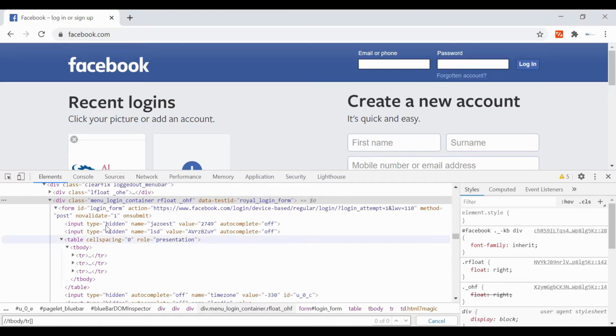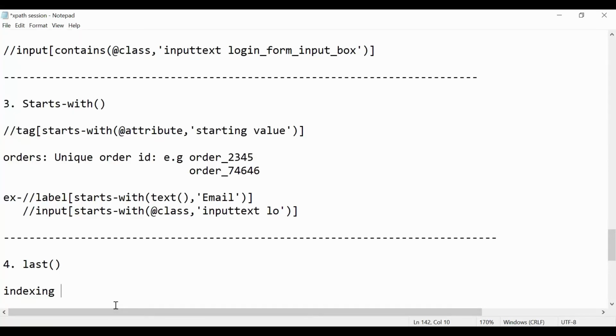You just have to provide the index, the index of the child. That is how you use indexing. To understand the last function, you need to understand this first: just mention the index in square brackets.